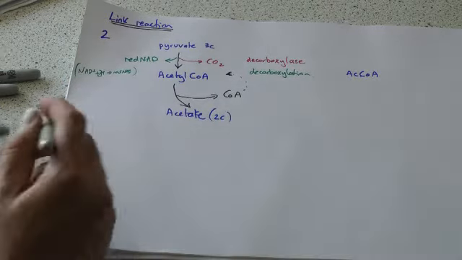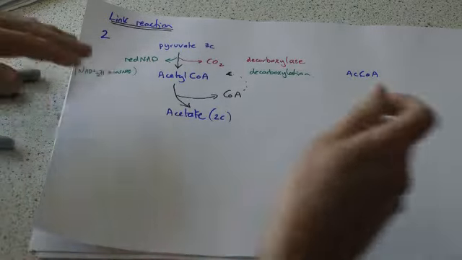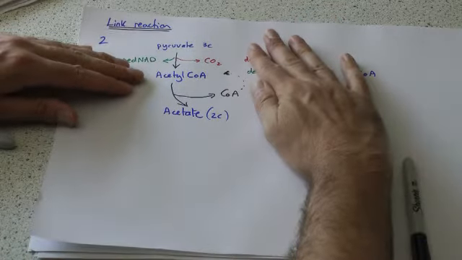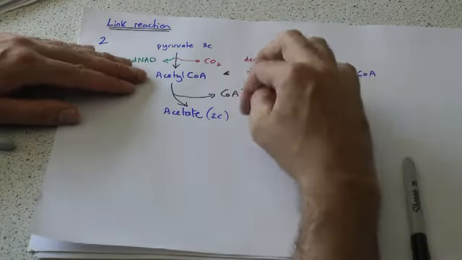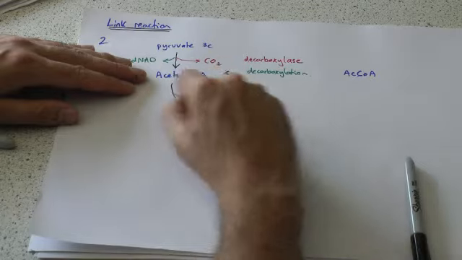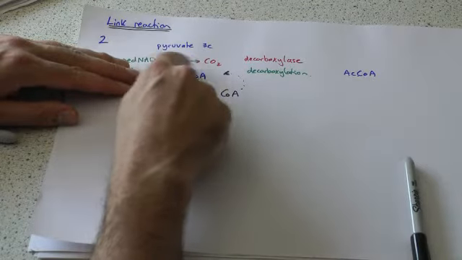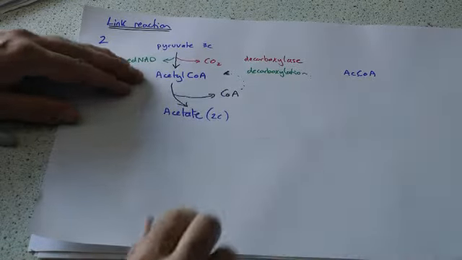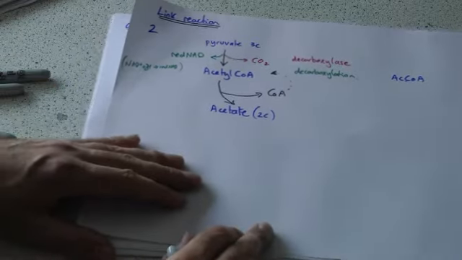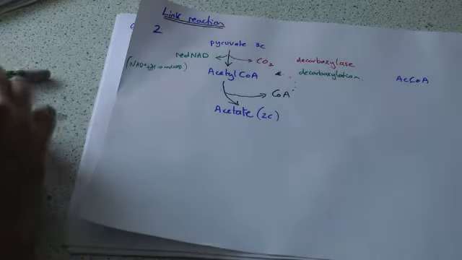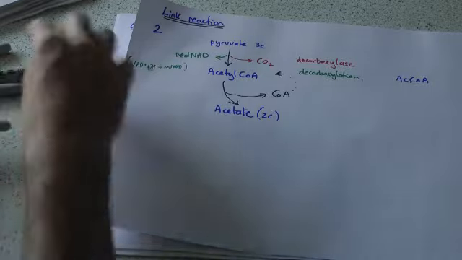It's there to get this into the Krebs cycle. Okay. And that is the link reaction. If I just hide those for a second. Pyruvate to acetyl coenzyme A to acetate, and we've got the coenzyme A cycling around. Do remember these steps, the carbon dioxide, the reduced NAD, those are the ones that people will tend to get